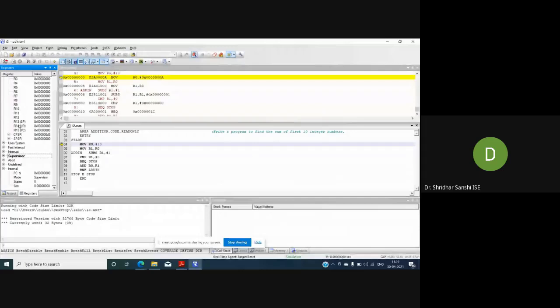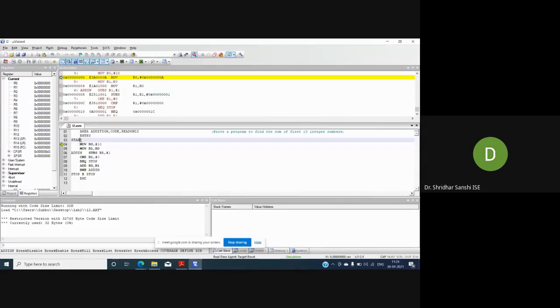So these are the registers visible. Okay, so we'll start the execution. After the start, we'll begin with the first instruction after the start label. So what is the first instruction? Move R0, #10.